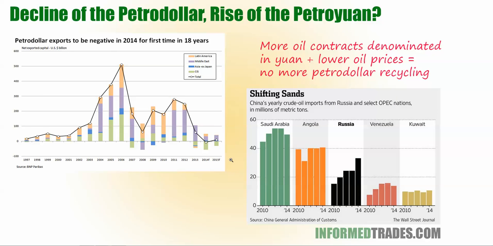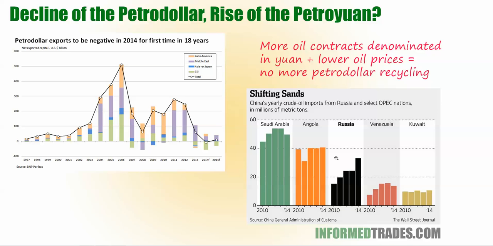Okay, but now we are entering perhaps a new era. A lot of that is related to Russia and China, in that Russia is a major oil producer in the world, and they are denominating a lot of their oil contracts in yuan, the renminbi, the currency used by China. So you can see that on the screen right now. China's buying more oil. They're partnering with Russia and starting to partner with some select OPEC countries.